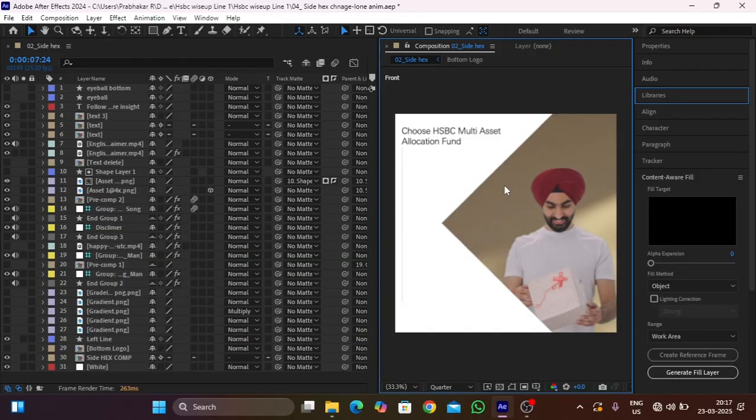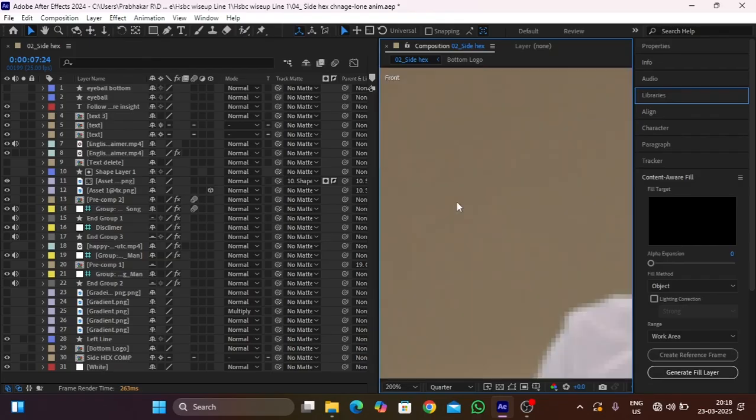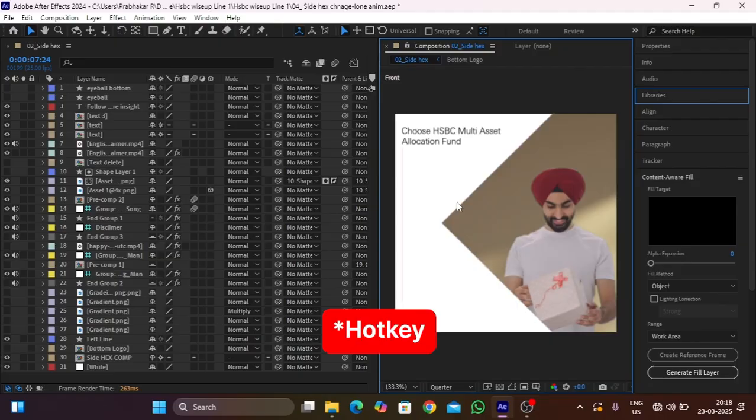It will fit the preview monitor in the preview window. If you were zoomed out very little or very high, using that key will fit the preview monitor. So I've got these unnecessary panels open on the right side,